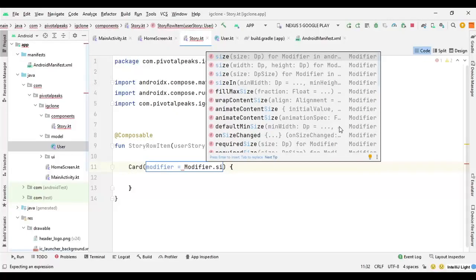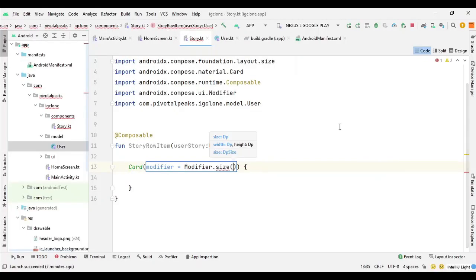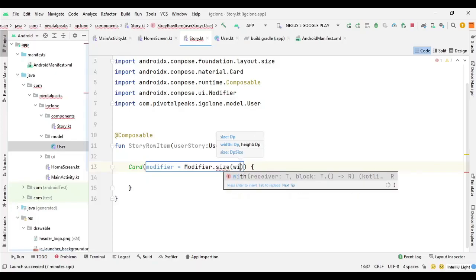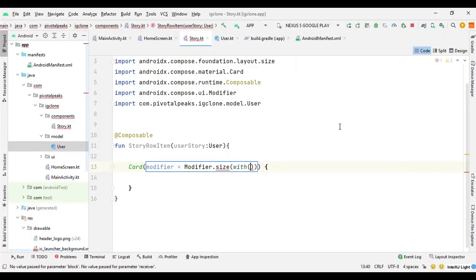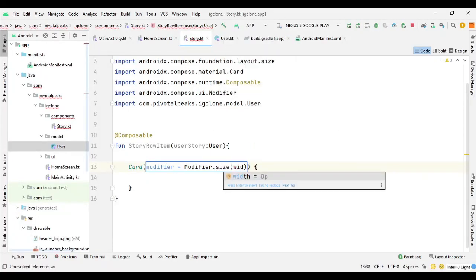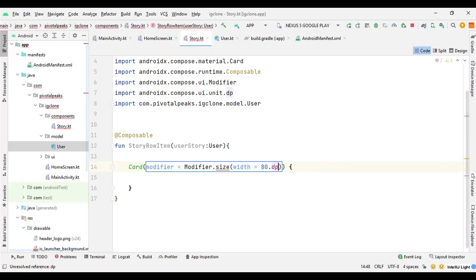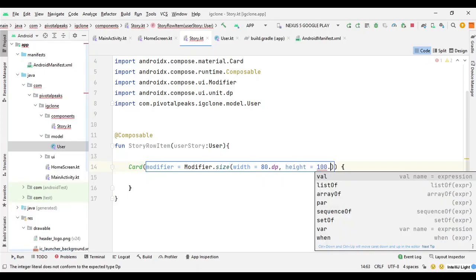So first we need to define the size. So for size we can go with width, 80.dp, and we need to import the dp, and we also need the height. So we can say height equals 100.dp,